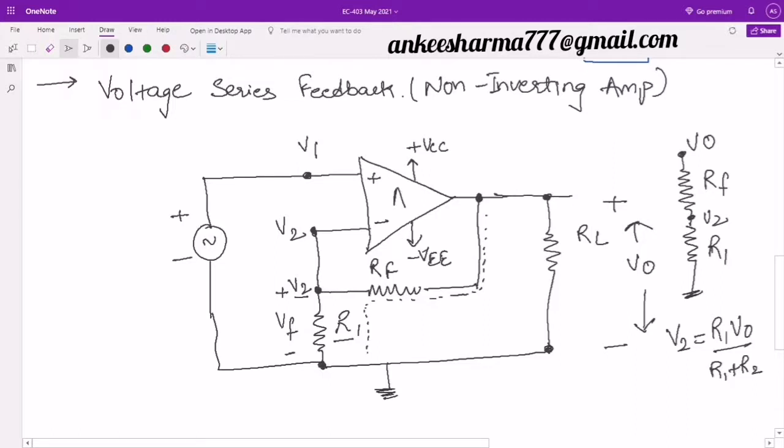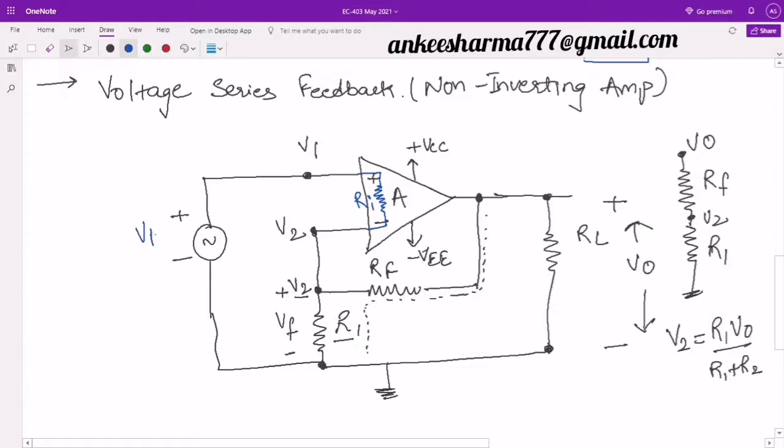We have a gain over here of this operational amplifier. Now you can see that this voltage is applied in series. Why in series? Because if I take the input resistance also, in this case we know this input resistance is very high as per our equivalent circuit. This is Ri. So look here, this Vf is connected in series with this voltage.